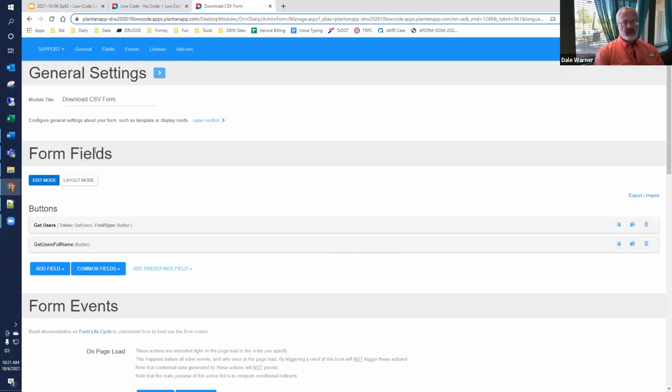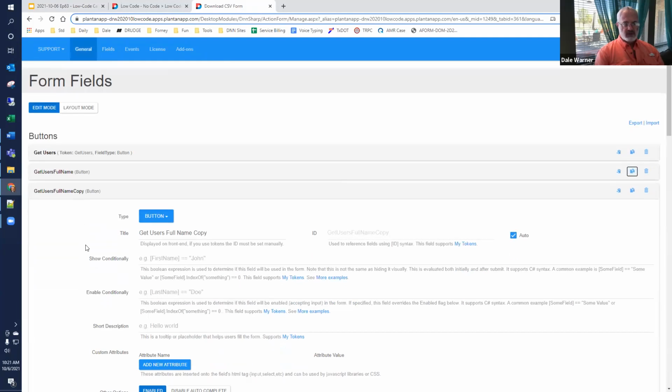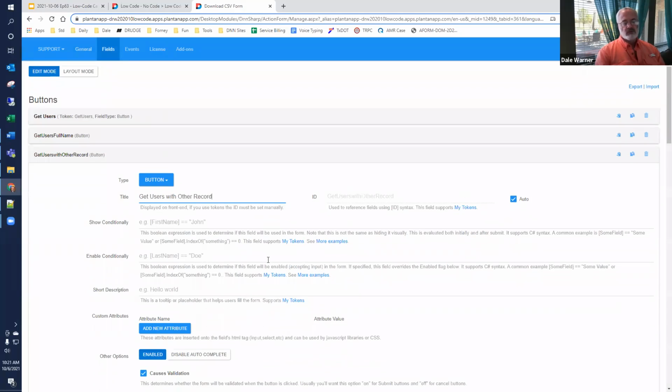We have this output, and I'm going to copy the same one, get users, that also has the full name, but I'm going to say other record. And so the idea here is we're going to add a row. You could add multiple rows. You could add rows from other sources, but we're going to add rows to our output.